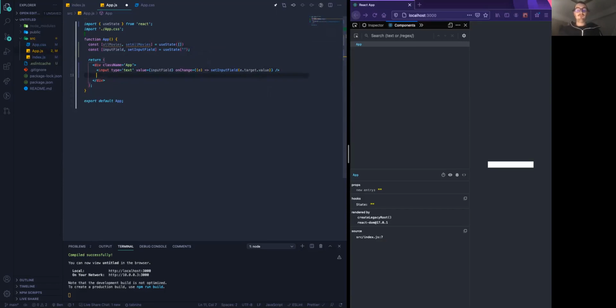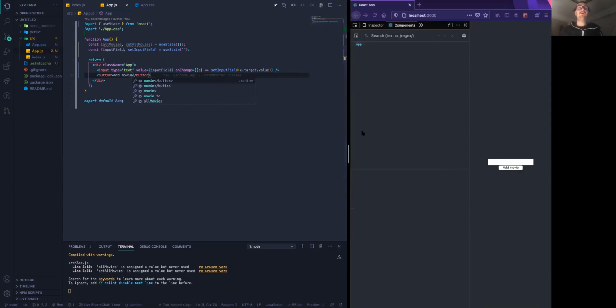And if I would say I would have a button, and that button I would say add movie, just to save, and you could see it now in the UI. Now what I would do is that when I click this button, I want the value from the input field to be received. We would use that value to construct our movie object and add it to the state